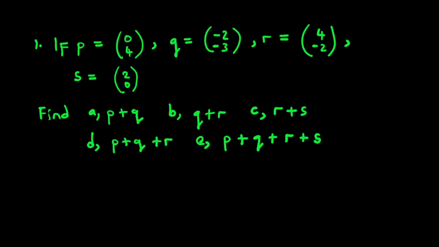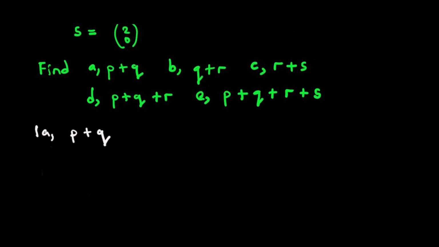Part A iri kuti, so this is number 1, then A iri kuti P plus Q. Saka zvachaita panapa ndezvekuti tinofanirwa kusubstituta P tozosubstituta Q. Saka instead of P tinofanirwa kunyora what the value of P is. Saka P is equal to the column vector (0, 4). Kureva kuti panapa tichati